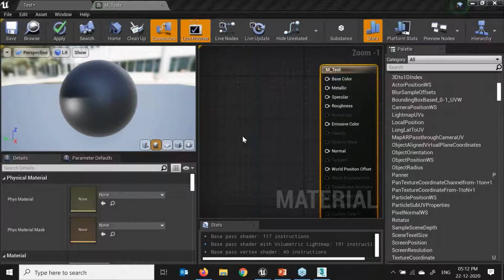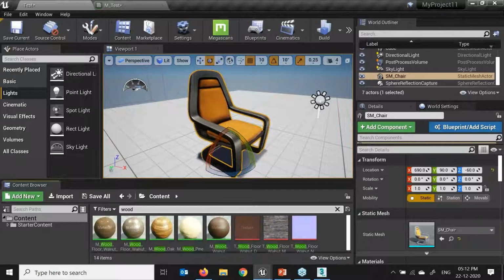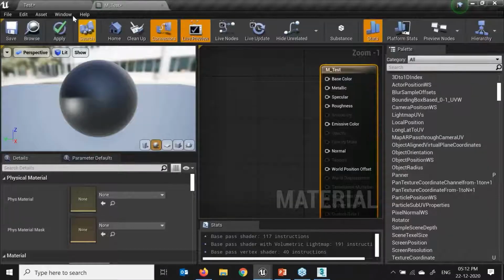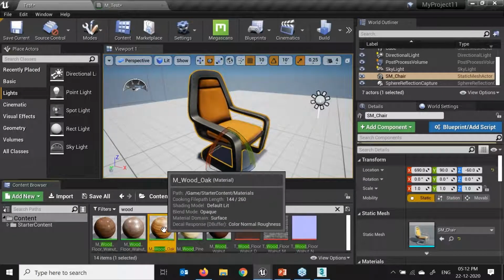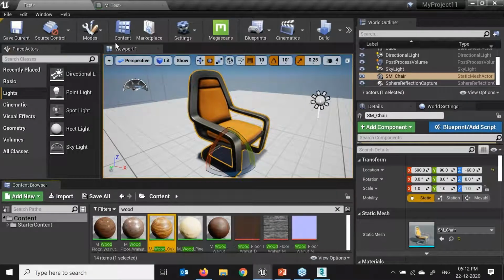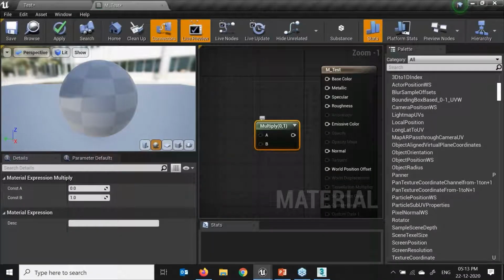Now what I want to do, I want to edit a texture, right? So I'll just type wood in my list. Now if I want to import this material into my material editor, what I have to do is select that. After selecting, it becomes this yellow color. I'll go to my material editor, press M and left click. So it becomes the multiplier.